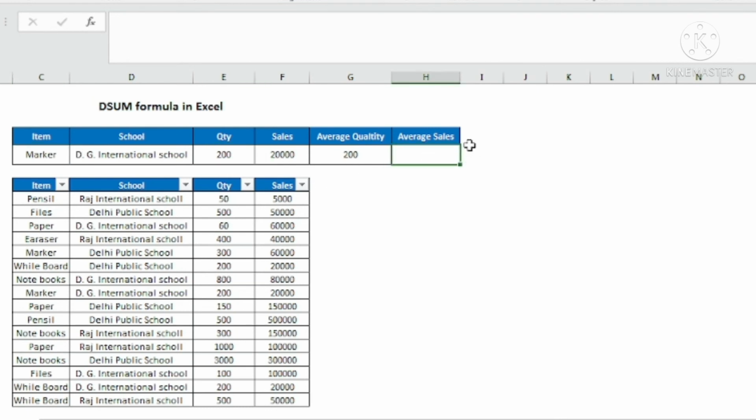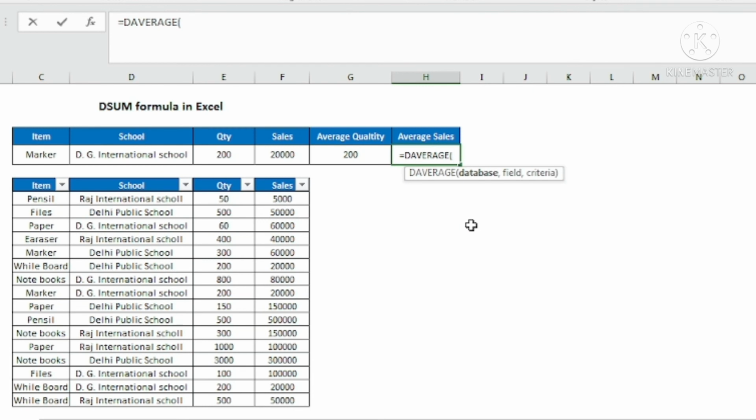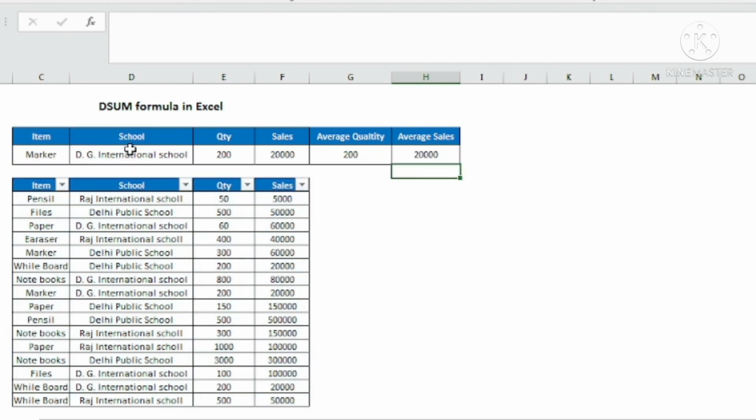Similarly, I want to find out average sales based upon these two criteria. So I will use the formula called DAVERAGE. DAVERAGE, tab, database is this, comma, field. Now I want the average of sales, so I will select the sales header from this table, then comma, then criteria. I want to again give both the criteria, so I will select all these four cells and then complete it. So the total average sales for this particular marker for DG International is 20,000.